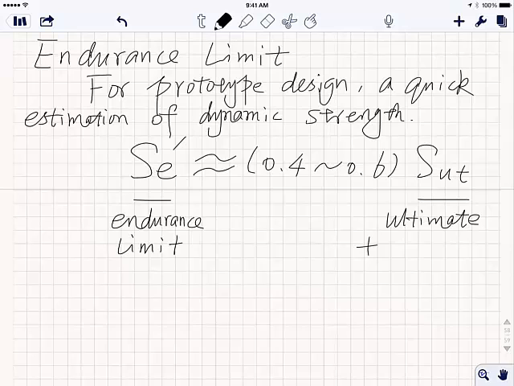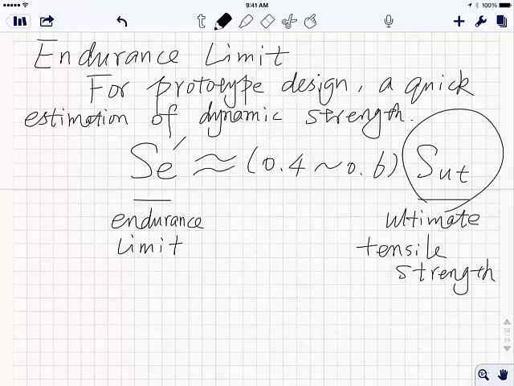So this is a number you can find from McMaster or from other websites, right? It tells you on a static loading condition what's the maximum stress you can apply, right? That tells you when we have dynamic loading for most of the engineering materials, this is dynamic strength. Dynamic strength is equal to roughly 40% or 60% of the static strength, right? Okay, now